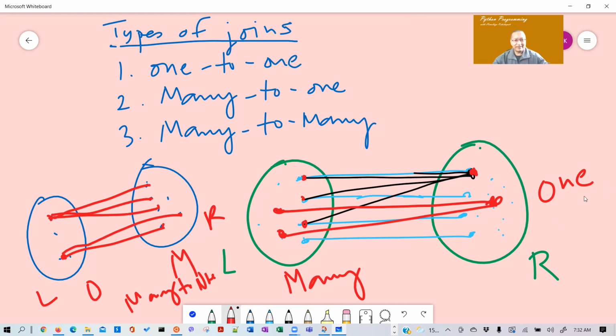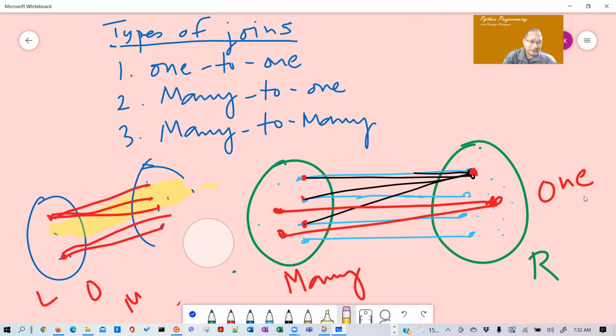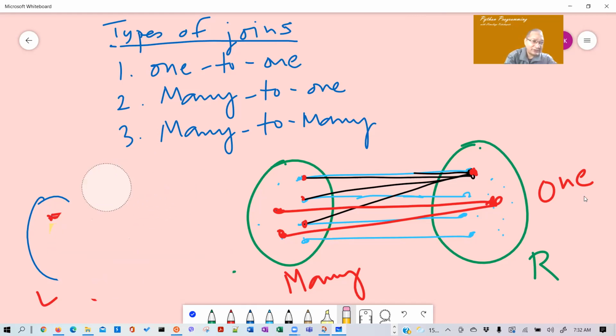Okay, similarly, what if we do this? Is this plotter? So to make it a little bit